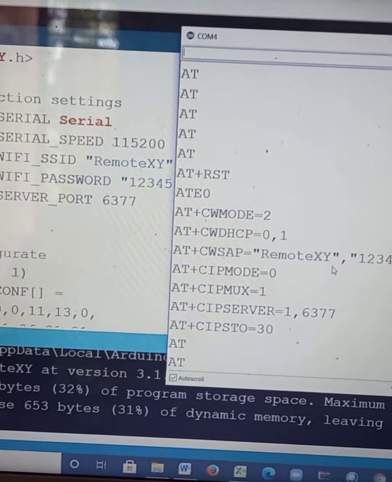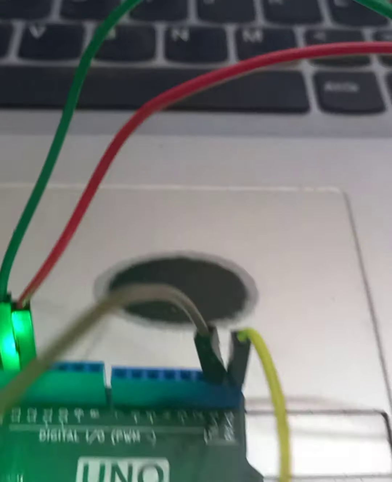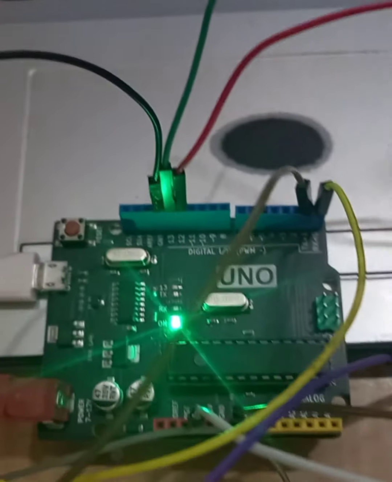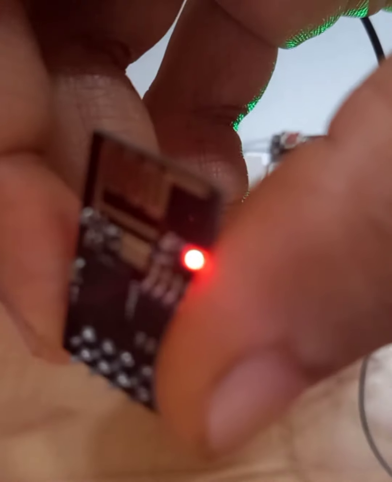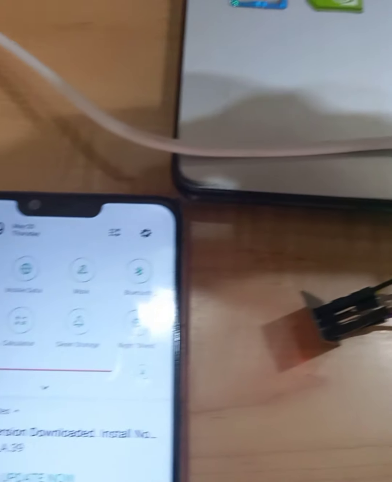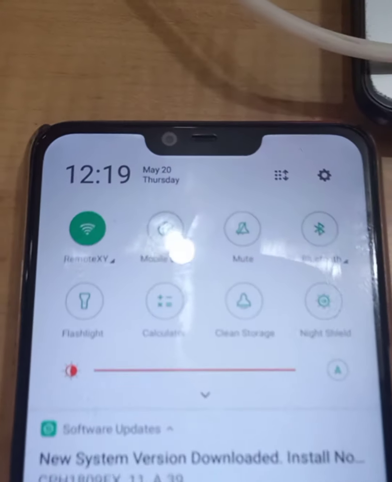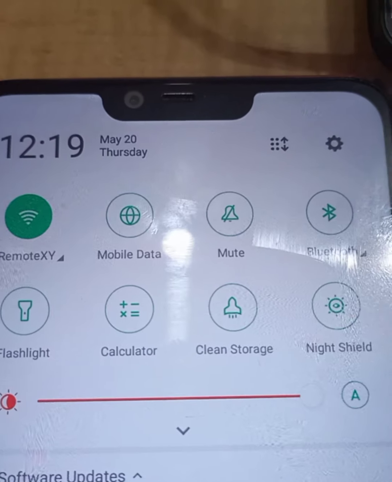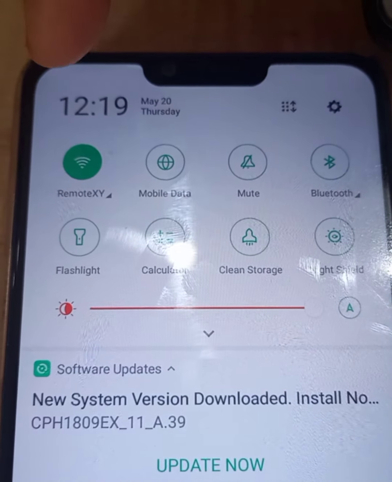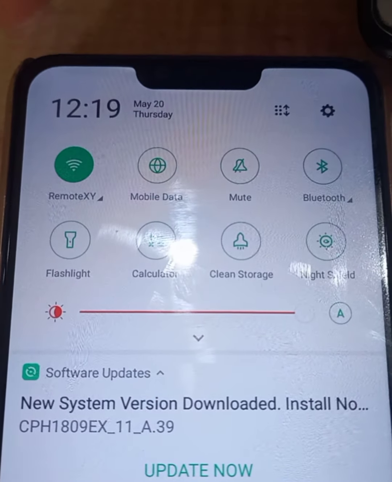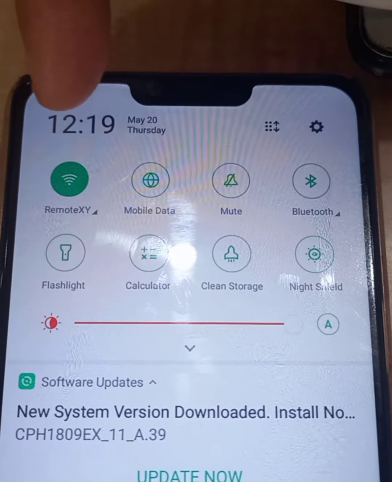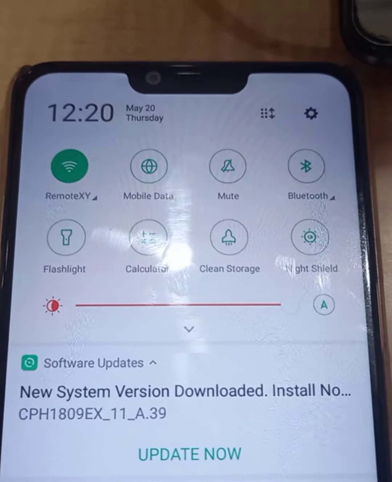Here you can see the setup through Arduino. Here the Wi-Fi module is going to be connected. The same Wi-Fi module I should get on my mobile phone when I turn on the Wi-Fi. You can see that on my mobile device I am getting remote XY as the Wi-Fi name, because we have provided the SSID for the Wi-Fi.